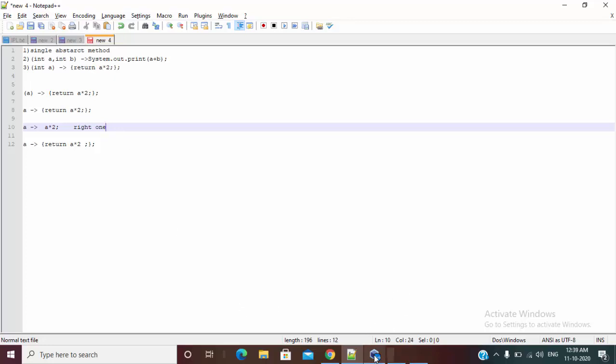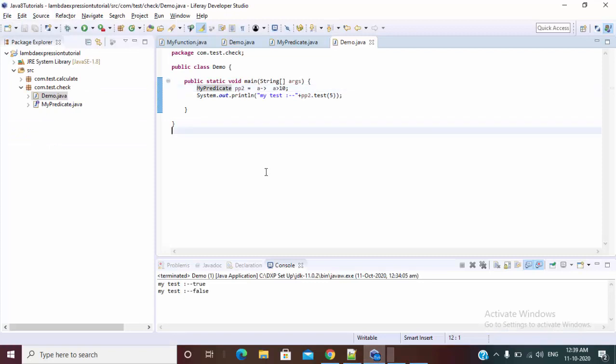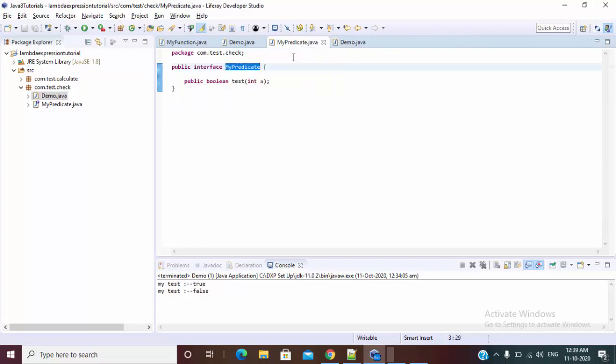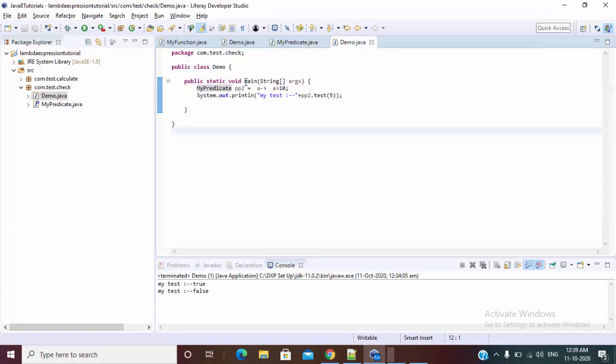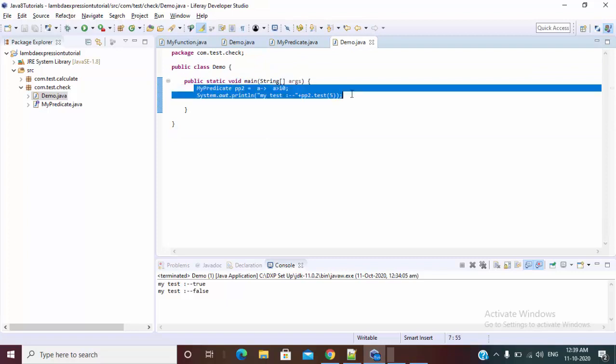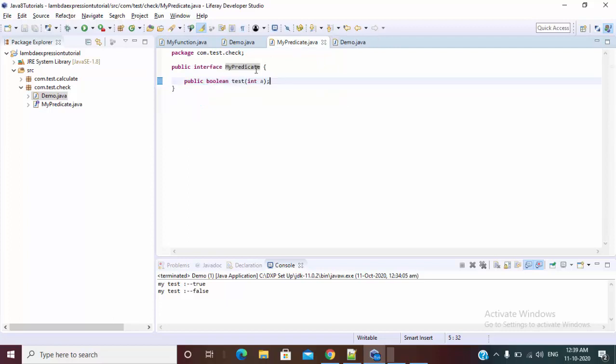So let's discuss some more things. Most people think that lambda expression is a replacement of anonymous inner class, but this is very wrong and this is a false assumption. We can prove this. This is my interface, and remove the lambda for now. Let me comment this out. Let me add one more method, and give this name as test1.